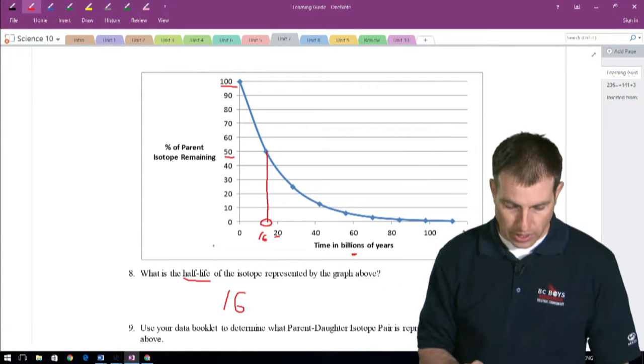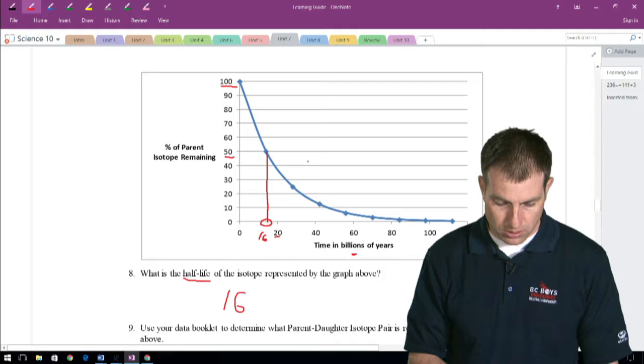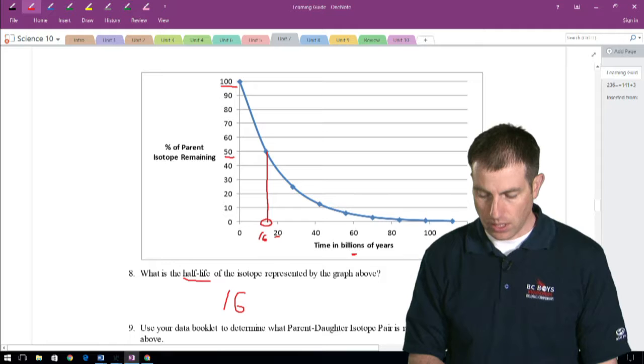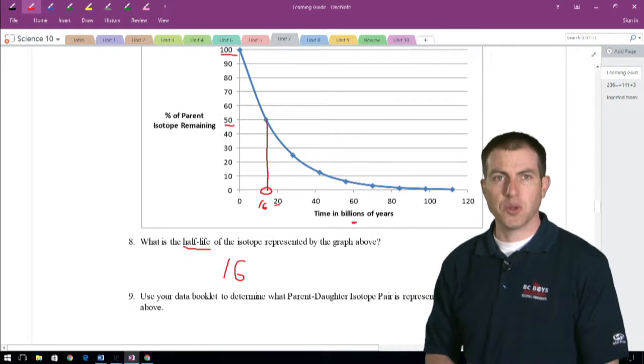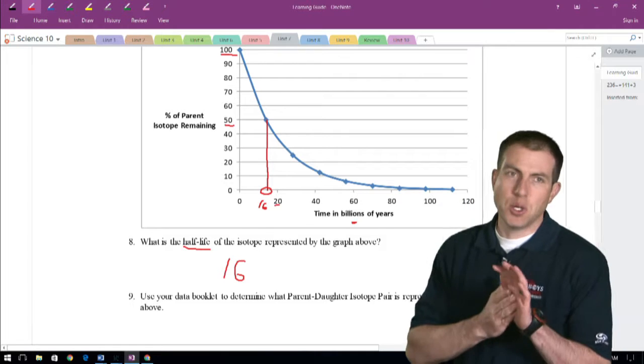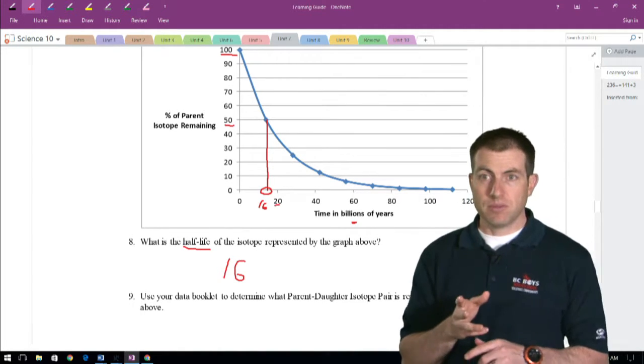Is this not number 9? Oh, 8, 9. No worries. It's a kind of a two-step deal. We can't do the one without the other, Costin. So once we figure out the half-life,